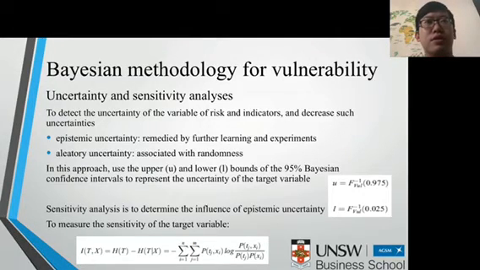uncertainty and sensitivity analysis. Uncertainty analysis is to detect the uncertainty of the indicators and decrease such uncertainties. In this approach, we use the upper and lower bounds of the 95% Bayesian confidence intervals to represent the uncertainty. And the sensitivity analysis is to determine the influence of epistemic uncertainty in terms of two kinds of uncertainty. To make sure the sensitivity of target variables, we can use the following